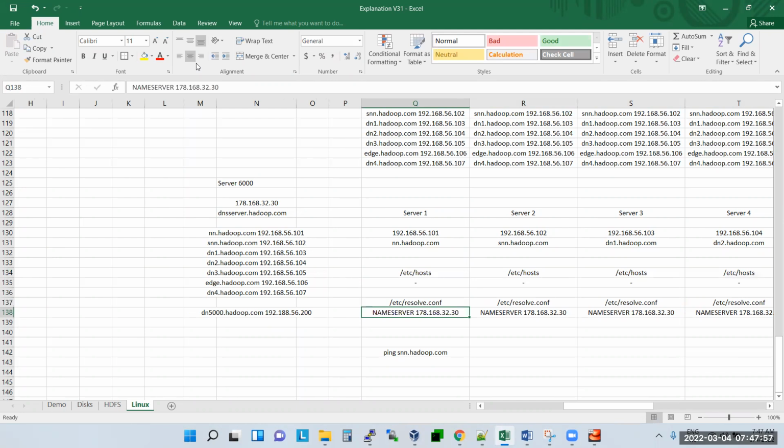And I'm saying, hey, this is your name server. Going forward, whenever you ping, let's say ping snn.hadoop.com, ping will first see whether this is available in /etc/hosts. Is it available? No. Then it will come here and see what the name server is: 170.62.30. Immediately it will go to this machine and ask,